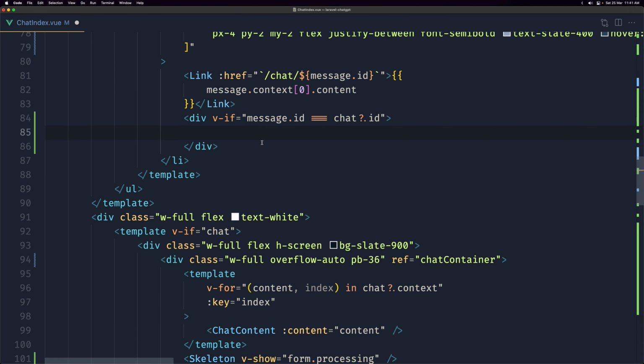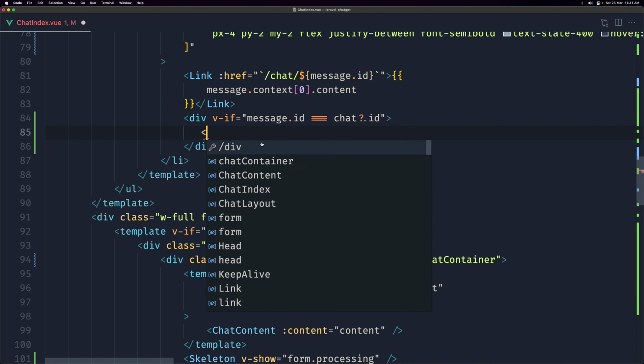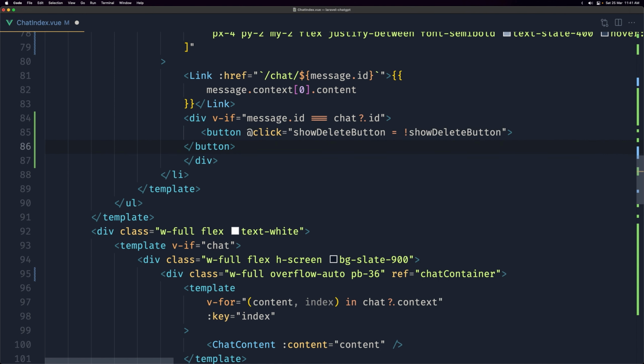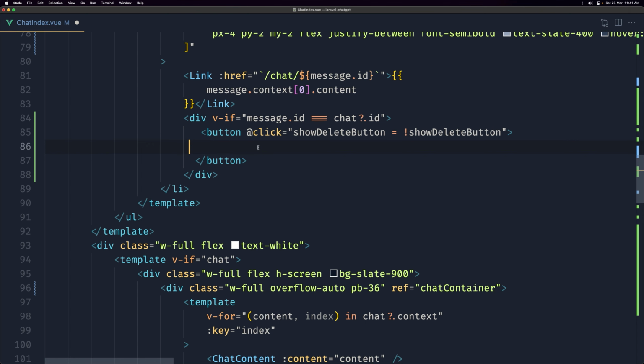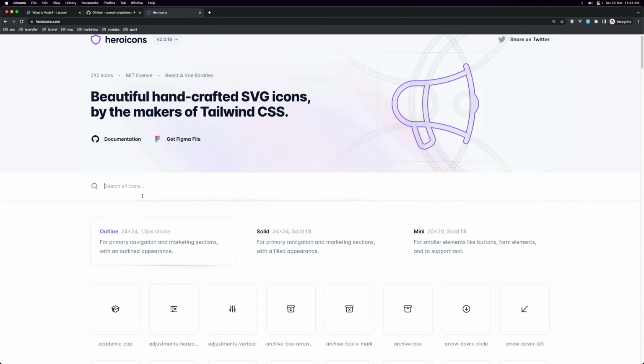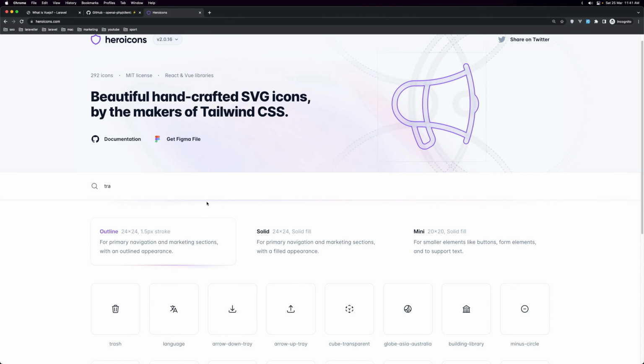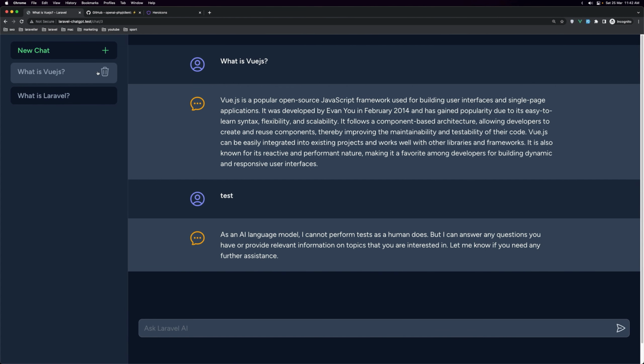Okay, now here I'm going to add a button, and when we click to this button, I want the show delete button to be equal to the opposite of show delete button is, and inside this button now I'm going to pass an SVG. So let's go to the hero icons and search for trash. Let's copy this SVG and paste it here, and if I save and let's see now, yeah, here is the